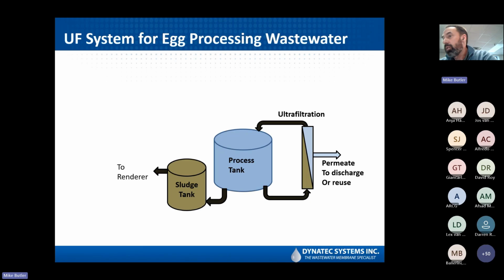So here again, it's very simple. Using a tubular UF, it's very efficient at treating egg processing wastewater. The permeate is suitable for discharge. The concentrate that is generated in the process tank, you're often able to dispose of for no cost, because you can send it to a renderer who will treat it further. So it becomes a valuable product. It could be a potential additional revenue stream for the customer.